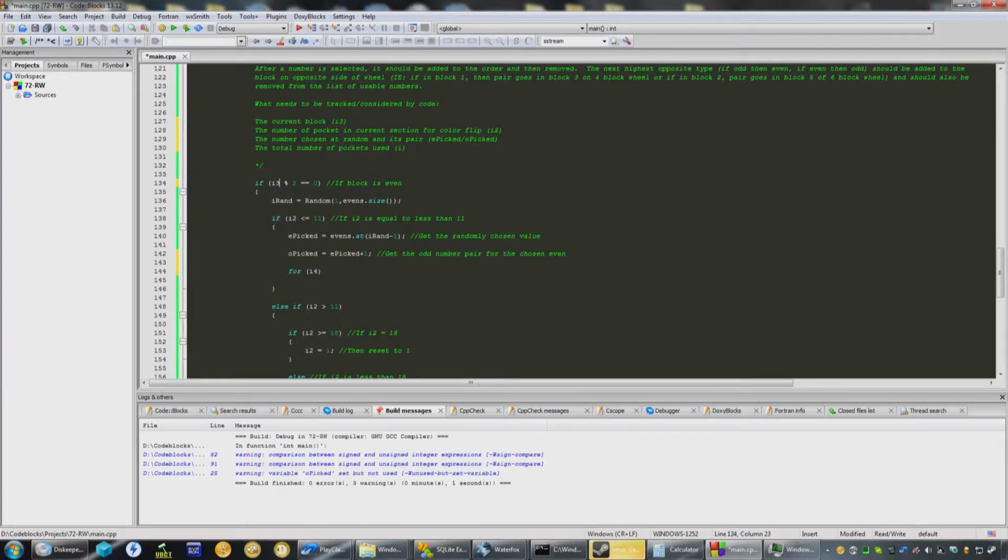So if I3, for I3, or rather for I4 equals 0, I4 is less than I3. Or less than or equal, well, yeah, less than, because I3 is 1 indexed and I4 is 0, so I4 plus plus. So if I4 equals I3, or rather it should be RT blocks dot size. So if the block that we've iterated to is the current block that we're working with, then we add